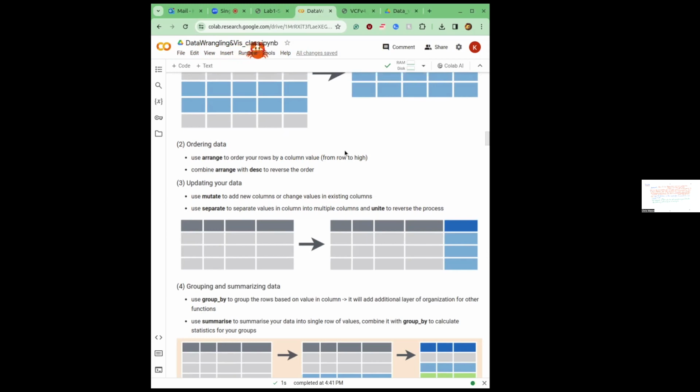Next, now that you know how to extract a part of your data, you want to change it. So adding a new column or changing a column that exists is done using the mutate function. And separating a column into multiple columns. So let's say we have, which we'll see in a moment in VCF files, columns that have values that are separated by commas or separated by